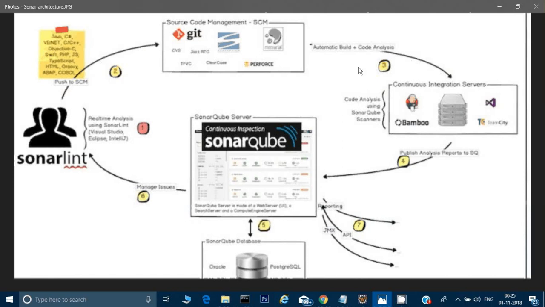Okay, it will just analyze the code. So it will see the code. According to that, it will run the code for Sonar, analyze the report, and push the report into the Sonar queue. All right. So once we get this report on the SonarQube server, these reports get saved